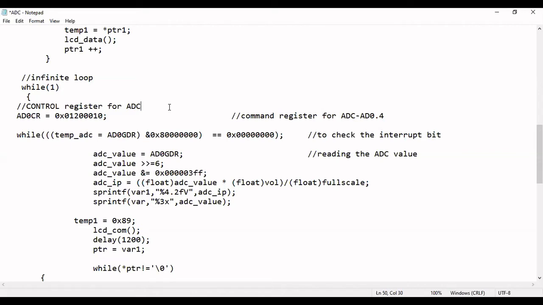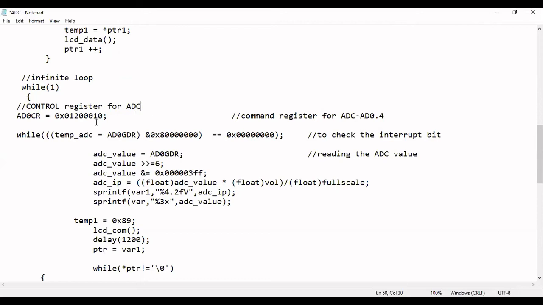Anyone, can you tell? Which bit will be set in AD0GDR to get this value 8 in hexadecimal? Anyone answer? 31st bit. Yes, the 31st bit will be set. That 31st bit is used for what purpose? Done. Done means if the conversion is completed, that bit will be set.